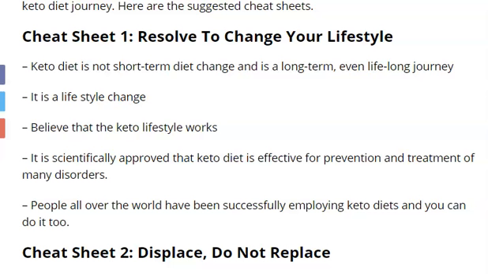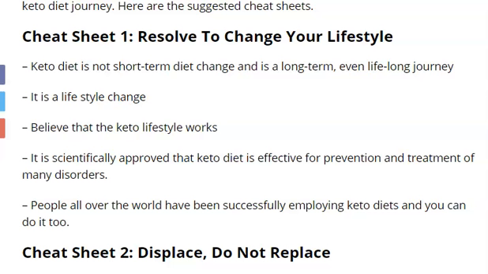You need to believe in the ketone lifestyle, because this is a very popular diet in the world right now, and it works. If you are not sure, you can check on the internet to see how people respond. It is definitely working for me. There are a lot of scientific studies showing that the ketone diet is very effective for prevention and treatment of some kinds of diseases, and that is really powerful.